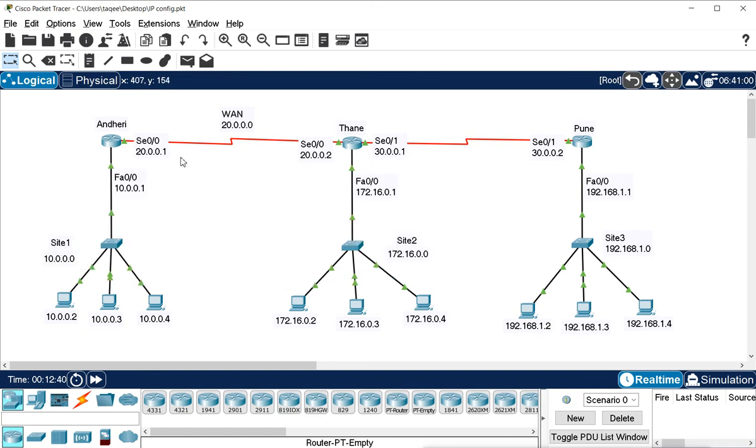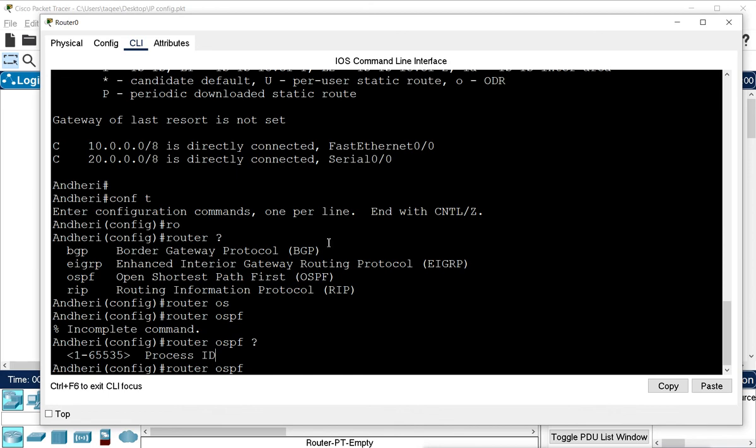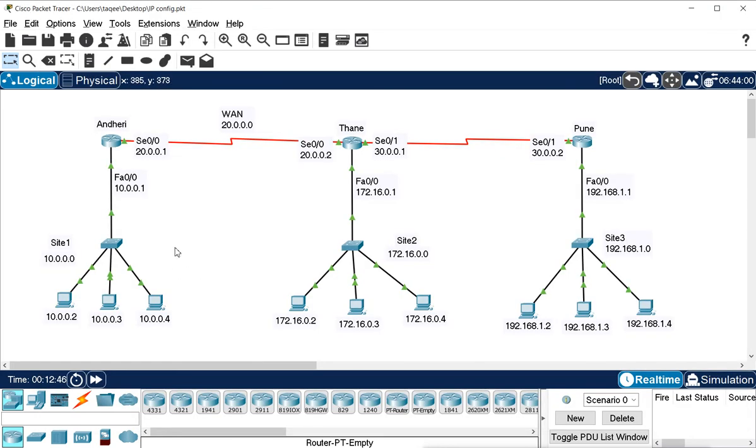But I am going to use the same process ID because I don't want confusion. If we have multiple processes, it can be confusing if these two networks are running on process number 10, and the same routing on the same router is running on process number 20, then 30 or 40.